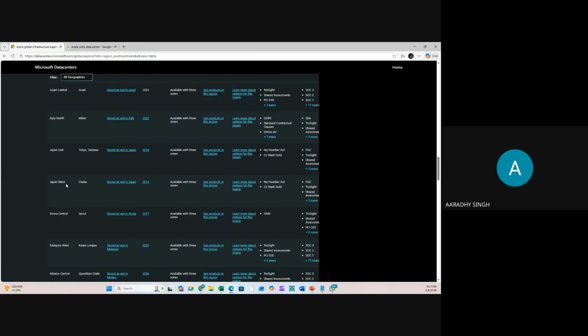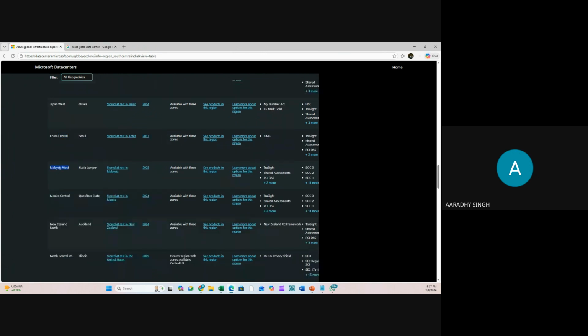Clear? Plus, there are a few countries where there's a single region, for example Malaysia. In that case, there'll be an agreement between two countries that, okay, Indonesia data will be maintained in Malaysia and Malaysia data will be maintained in Indonesia. Backup will be over there.